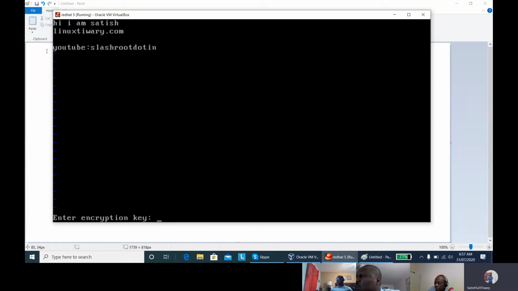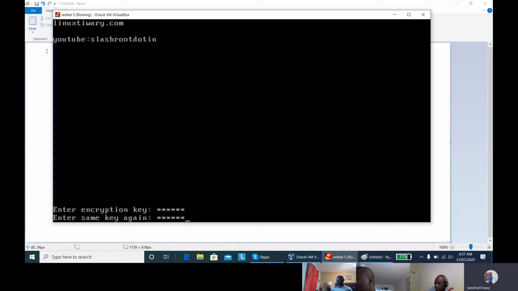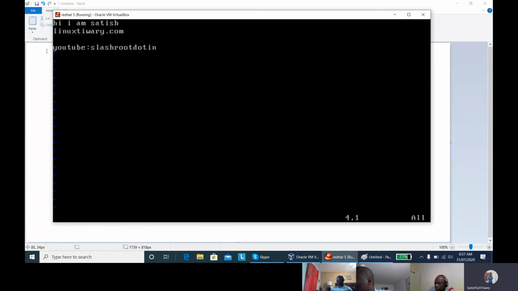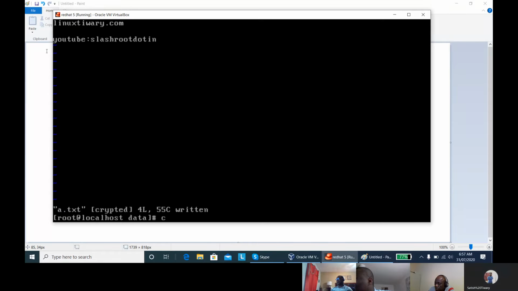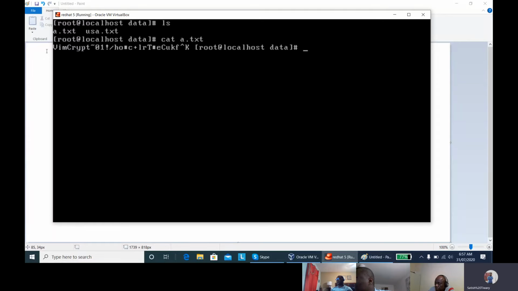It will ask you to enter the encryption key. Here you can type any key. Suppose 12345, and that's all. This file has been encrypted. Let's :wq to save it, clear the screen, and ls. a.txt has been encrypted again using a different method.